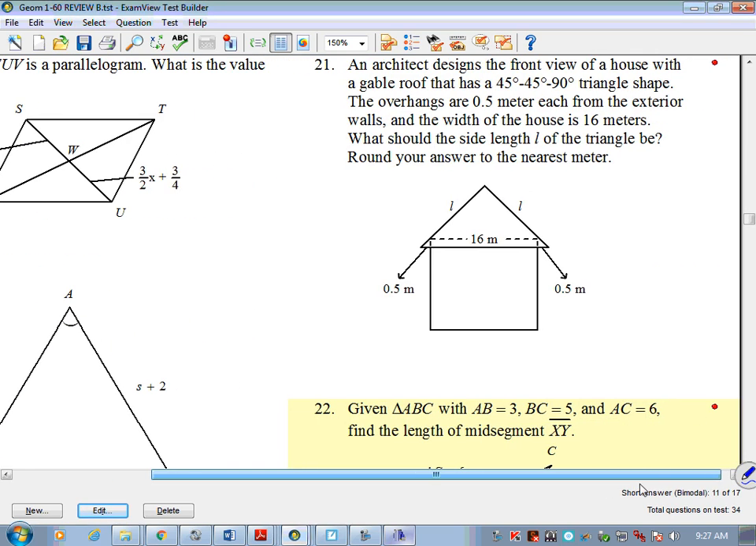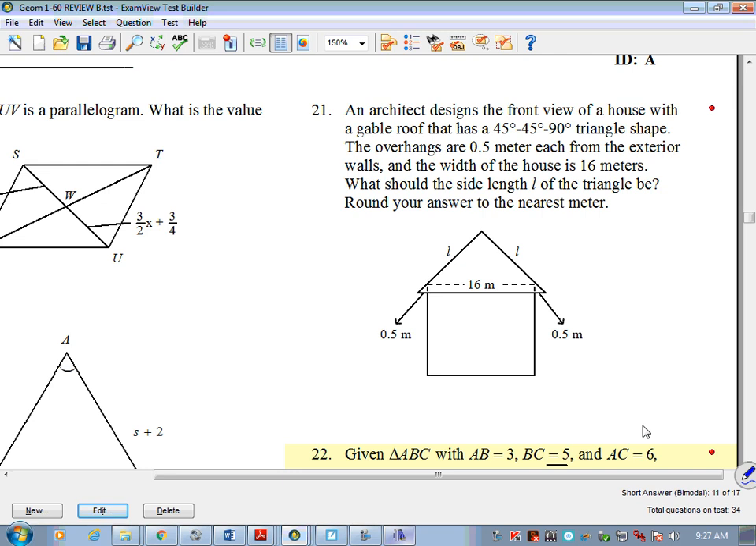Okay. You've seen this question on your last test recently. You saw it on the review before that. You're taking 16 plus your 0.5 and your 0.5, and you're getting your 17, because this whole length is 17. Because this is a 45, 45, 90 right triangle,